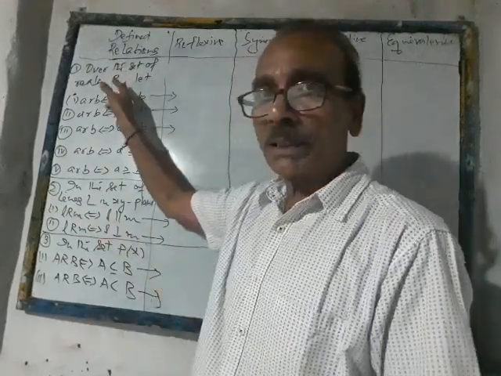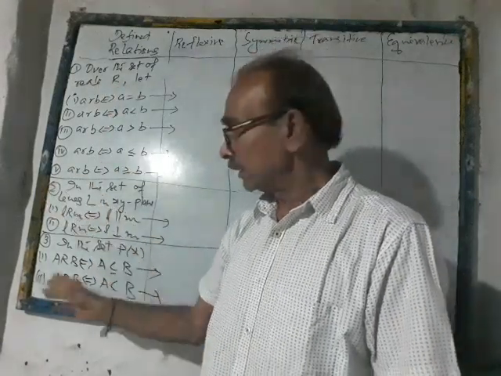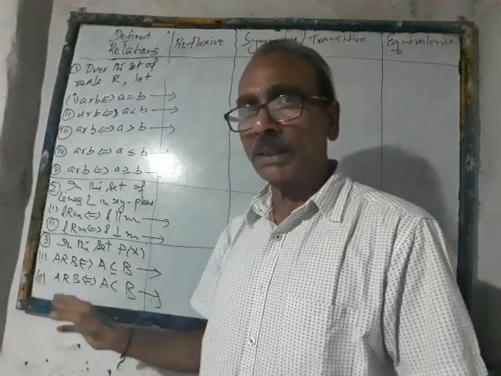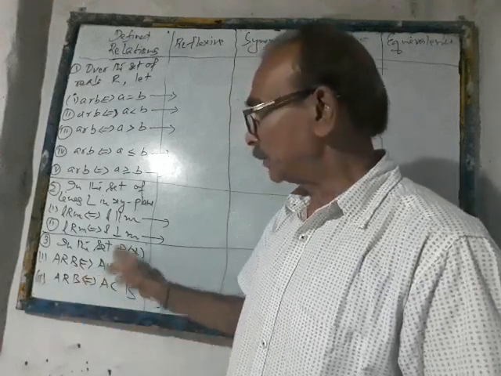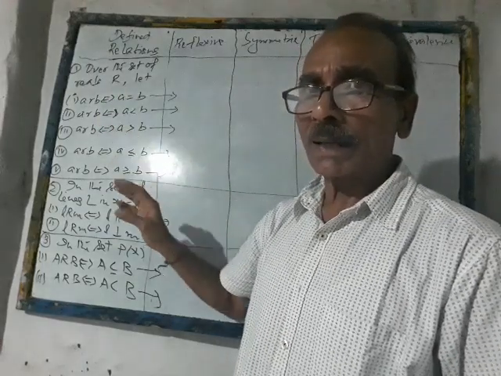First of all, we have taken the set of reals R. In the second example, we have taken the set of lines L. In the third example, we have taken the power set of X. And we have defined a lot of relations. In the first one, you just go on watching. Five relations we have discussed over there.